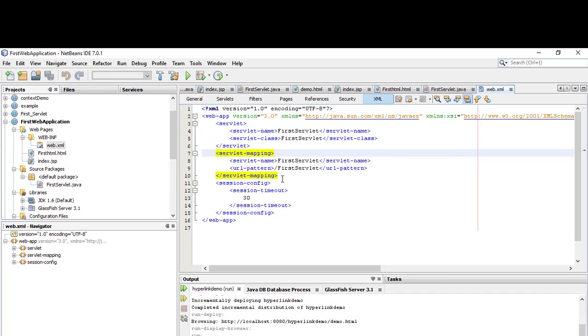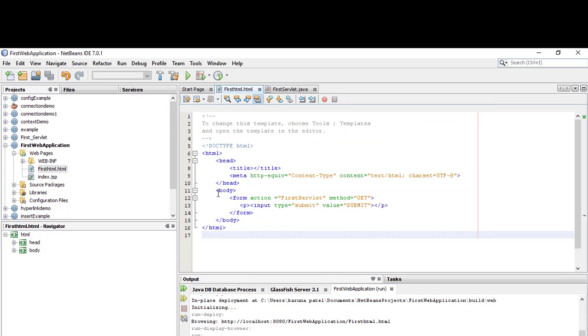Inside servlet mapping tag, servlet name is available and URL pattern is available. Next tag is session config. You can give the session timeout here. So this is our web app. Inside web app, servlet tag is available, servlet mapping tag is available, and session config tag is available.